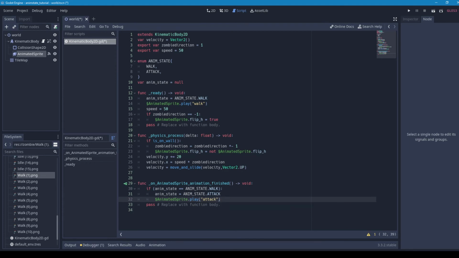Now, when he attacks, we want him to stop moving, obviously, because he'll just be sliding across the floor otherwise. So we'll go speed equals 0. So he just stops. And then backspace, so elif